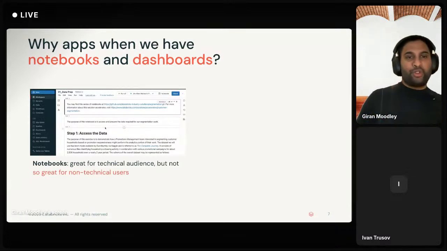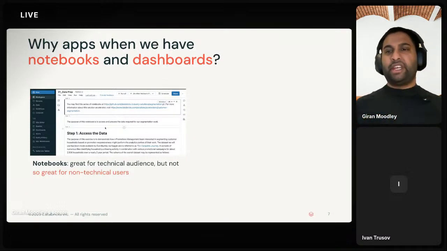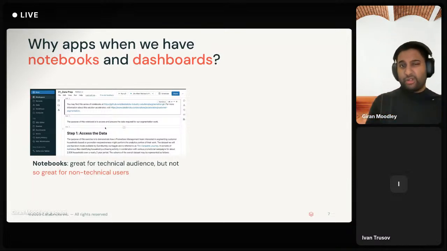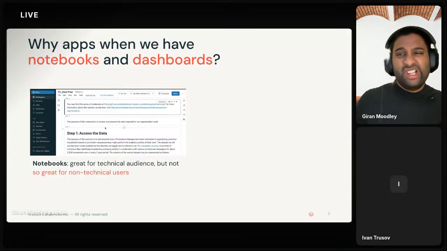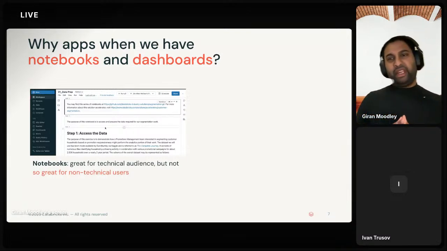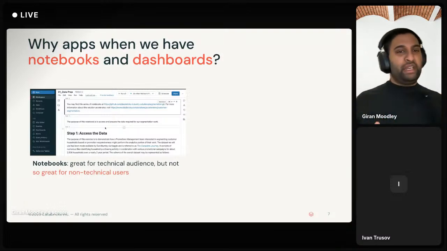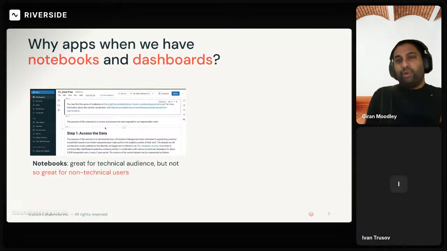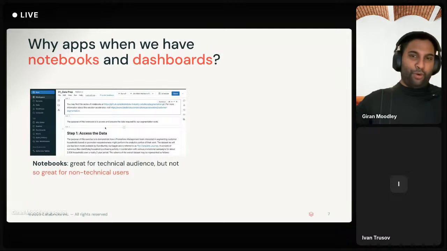So as many technical folks on the call will know, notebooks are a great way to handle arbitrary data, maybe amend some code and quickly inspect the data set with standard visualization presets. However, for non-technical, let's call them business users, who don't really have the ability to code in languages like Python or Spark or SQL, they aren't really as user-friendly as you could think, and they can even be off-putting in certain circumstances. To us, this really does not make Databricks simple. And if you think about it, would you really want to give your CEO a notebook to look at a forecasting report? Probably not.